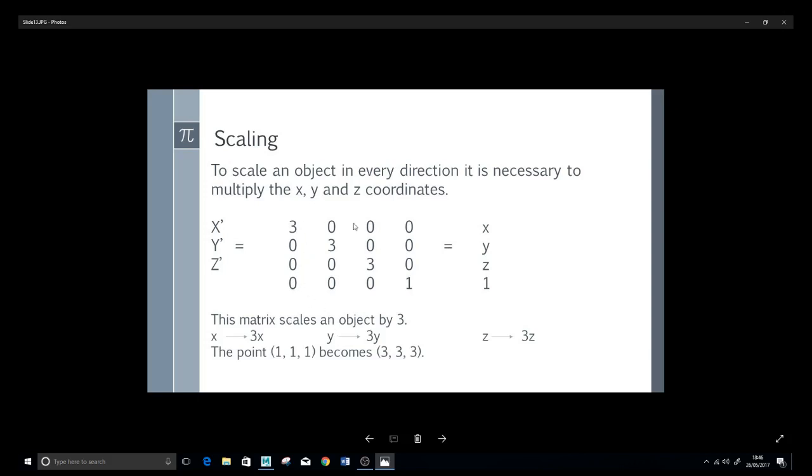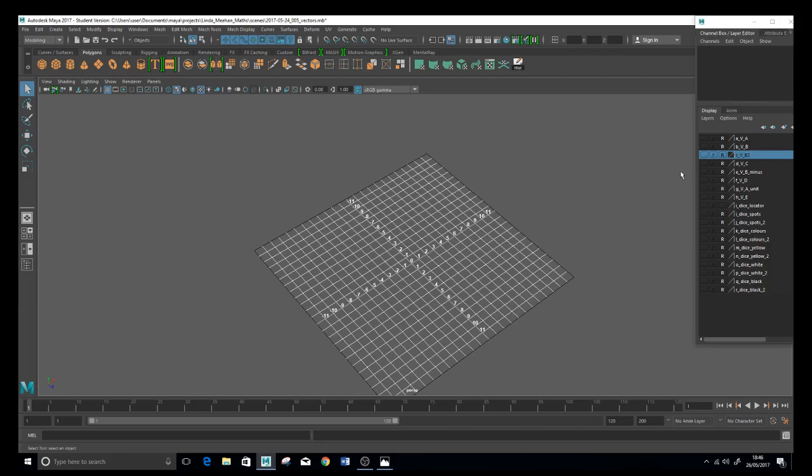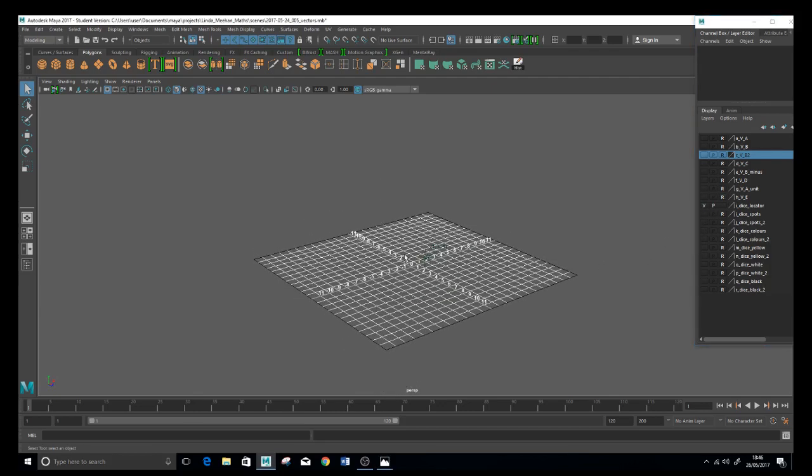Simply what we do is we take the top row here and we multiply it by this column. When we do, we get 3 times x, which is 3x, 0y, 0z, and 0. So x is going to map onto 3x. We take this line and we multiply it here. We get 3y, and we multiply this line here. We get 3z. So if we take the point 1, 1, 1, x, y, z, and we use this matrix, we should get 3, 3, 3. So let's have a little look at that. Here we have our point 1, 1, 1,